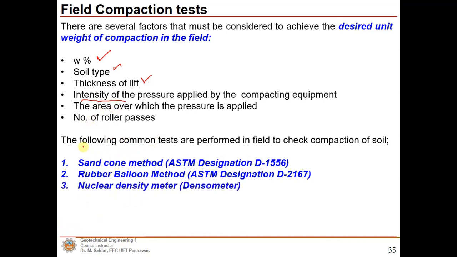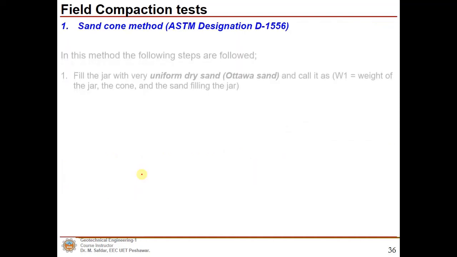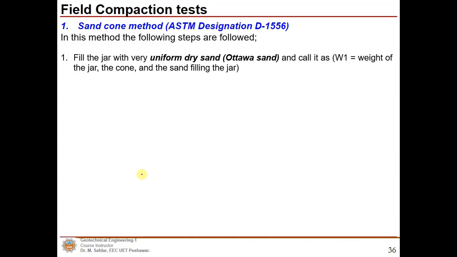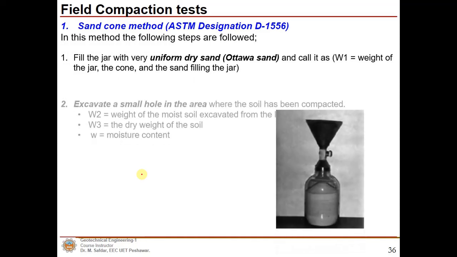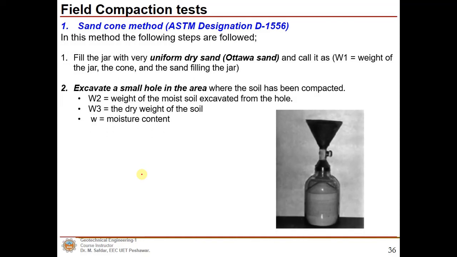Now discussing the common tests which are performed in the field to check or verify the compaction of the soil. Sand cone method, ASTM designation is given, rubber balloon method and nuclear density will be discussed in our today's lecture. Now starting with the sand cone method,